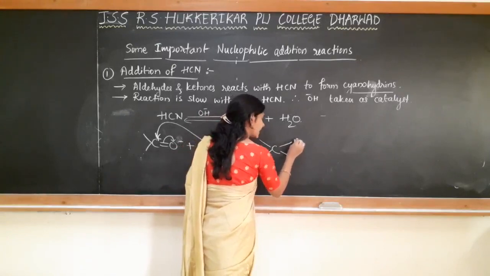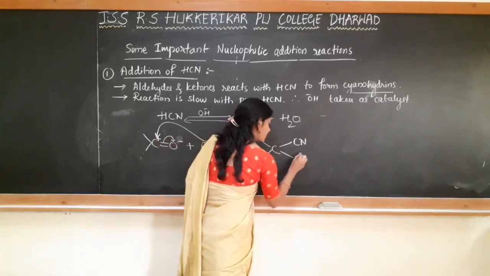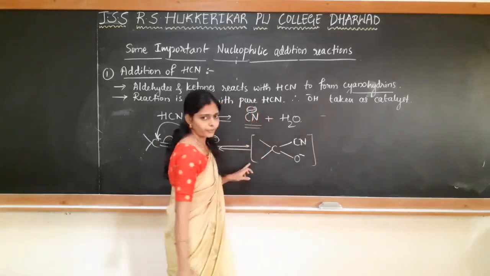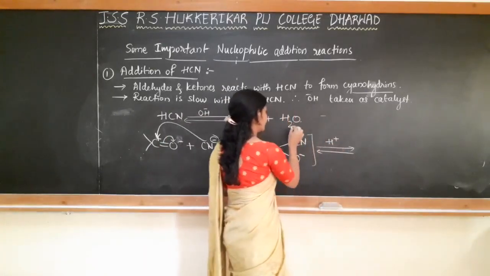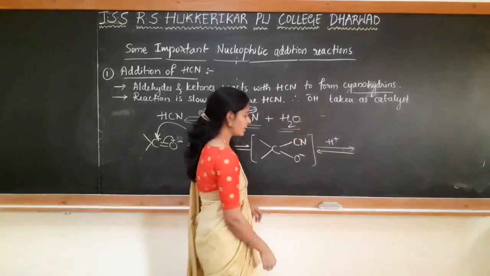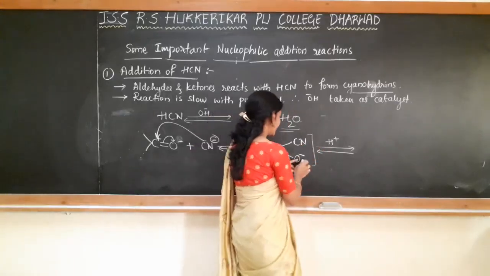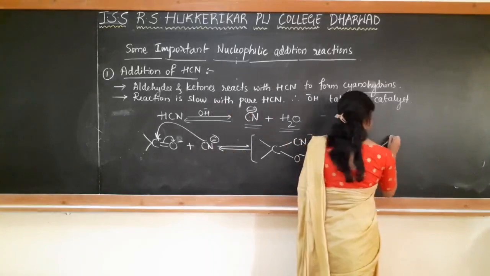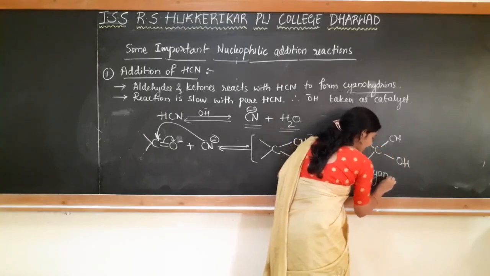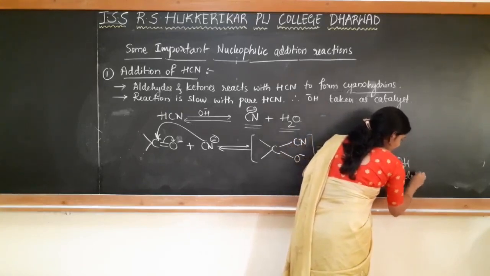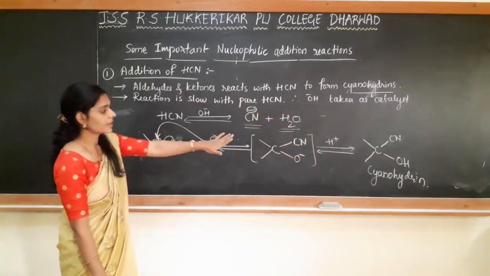The tetrahedral intermediate is of this manner. CN attaches to the carbonyl carbon and we will have O minus. So this is a tetrahedral intermediate formed in the reaction. This further takes up the proton from the medium. We will be having water in the reaction mixture itself. So this intermediate takes up the proton from that medium and gives the stable compound. So we will have cyanohydrin. This compound is considered as cyanohydrin. So this is how aldehydes and ketones react with hydrogen cyanide to give cyanohydrin.